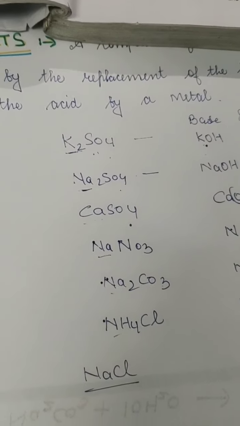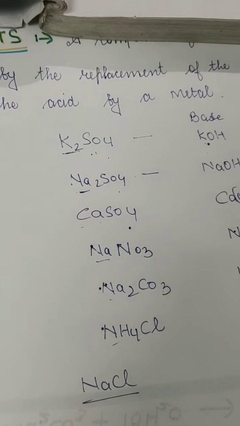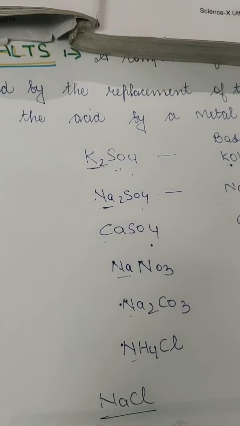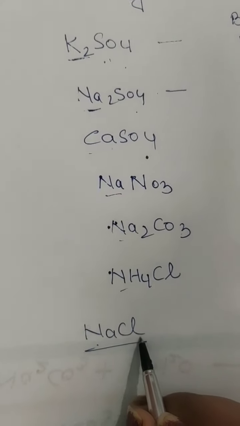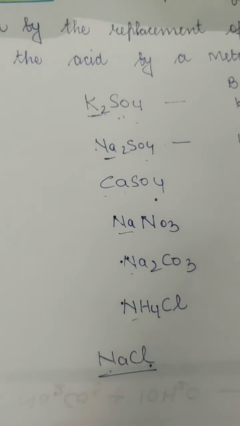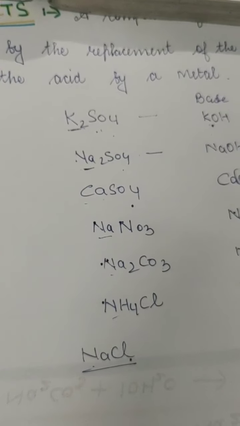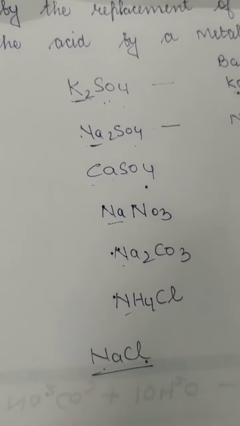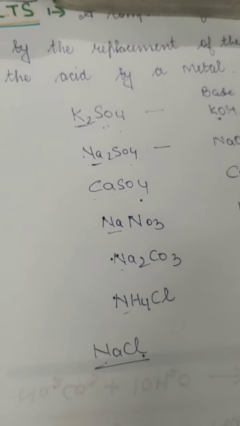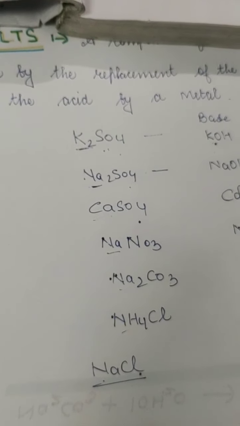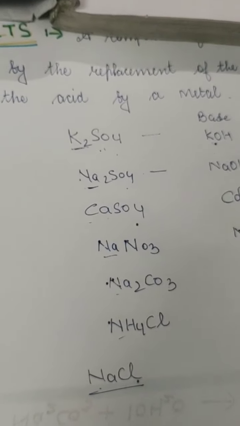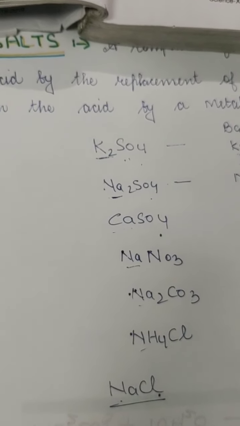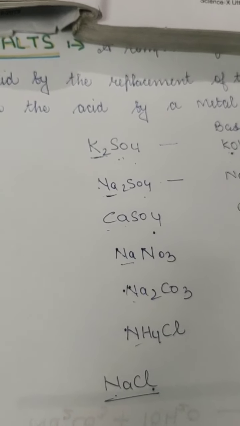So whenever we say salt, it does not mean NaCl, but the common salt which we call in our common language, because sodium chloride is the chemical name, but in our daily language we call it common salt because we also consume it in our diet. So actually this common salt is made from the sea, or it is also obtained from the mountains,